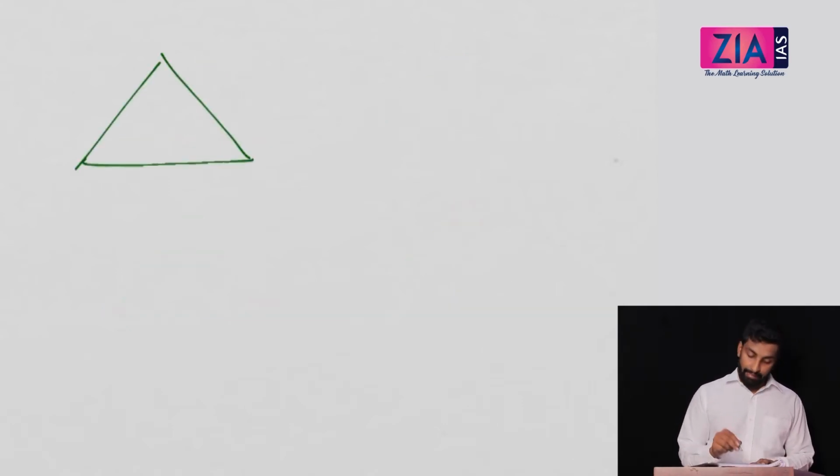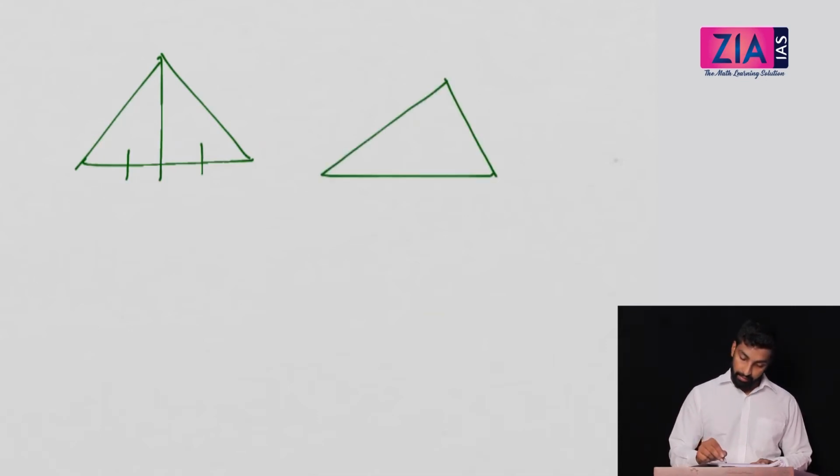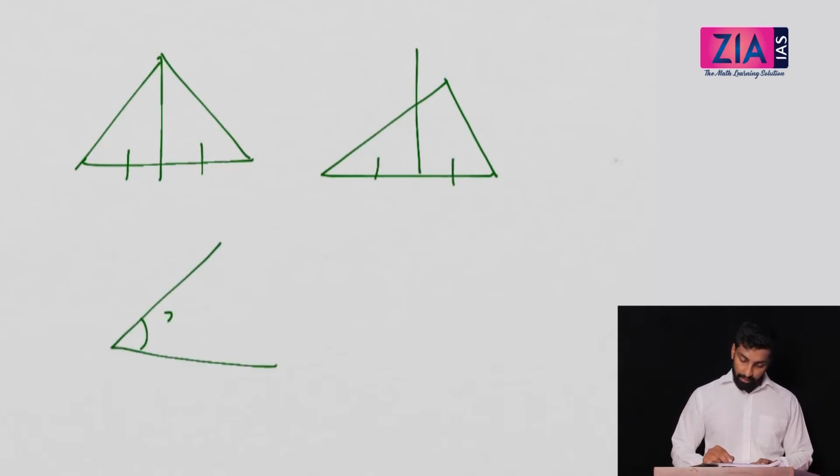Okay. What is perpendicular bisector? Perpendicular bisector will bisect, right? So this has to be equal. Now, in this case, it will go like this also. So the condition is this has to be equal. Now what is angle bisector? Angle bisector, if this is 30, angle bisector will divide equally, that is this is 15 and this is 15.